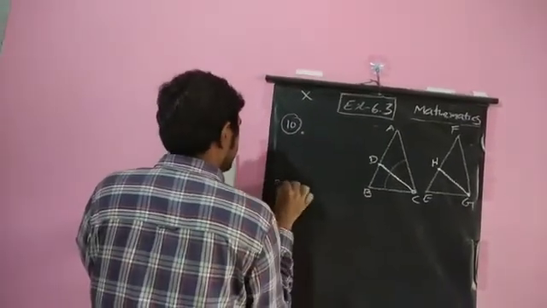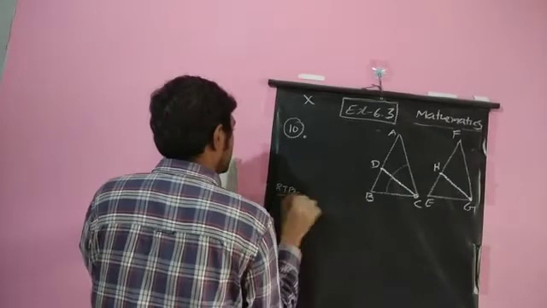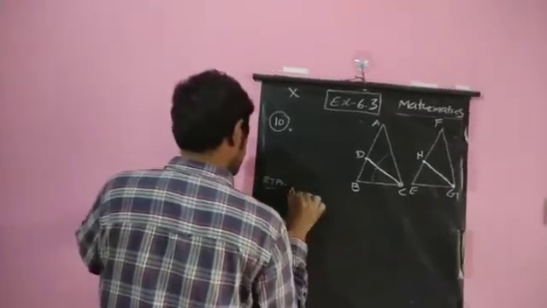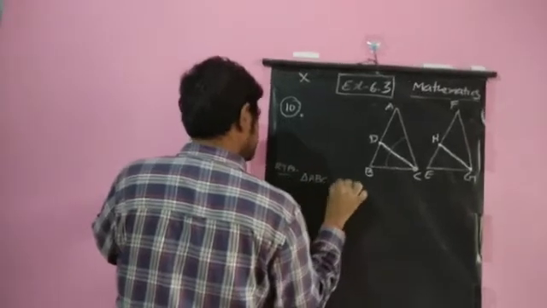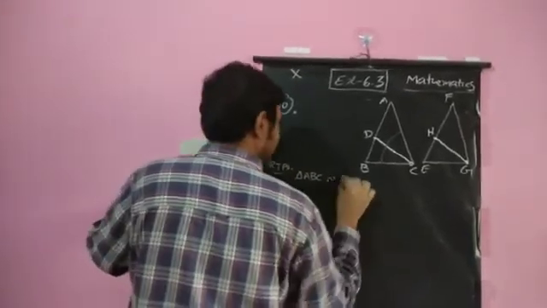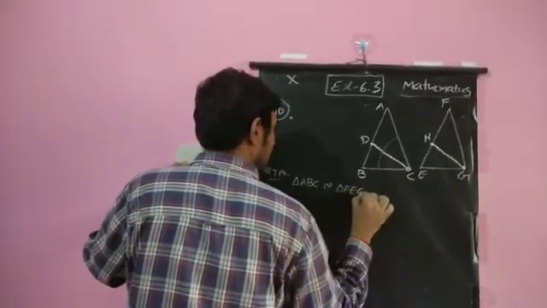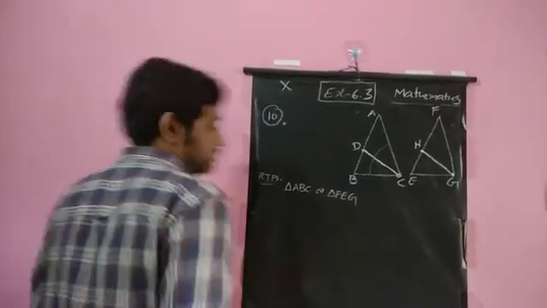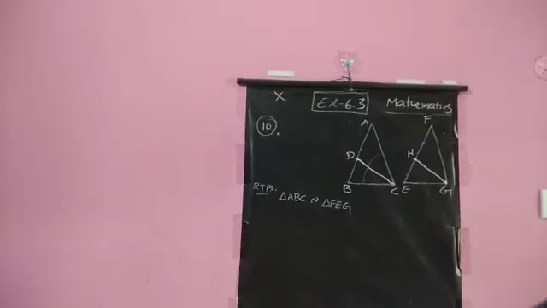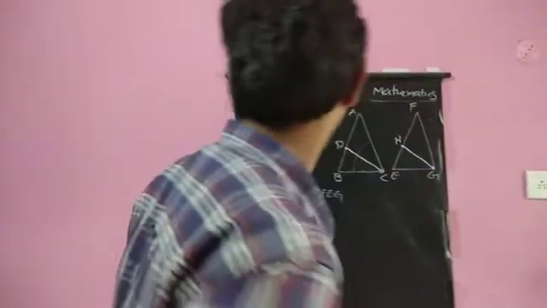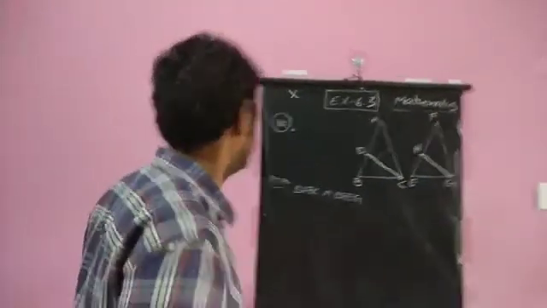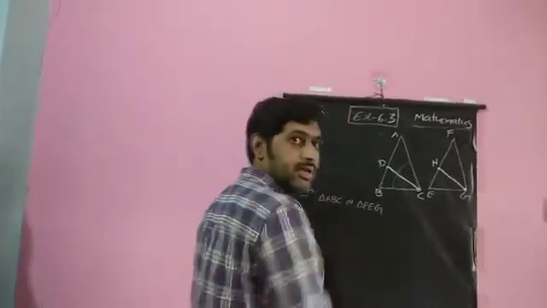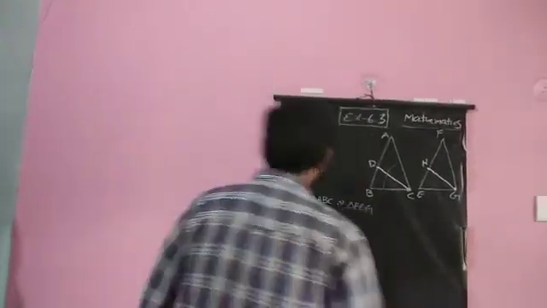And if I write our RTP here, the first one is asking us to prove that triangle ABC is similar to triangle FEG. I'll drop this first part. When it is done, then we'll go for the remaining parts. So I'm writing the first one, which I will prove. Then I'll write the second one, I'll prove.